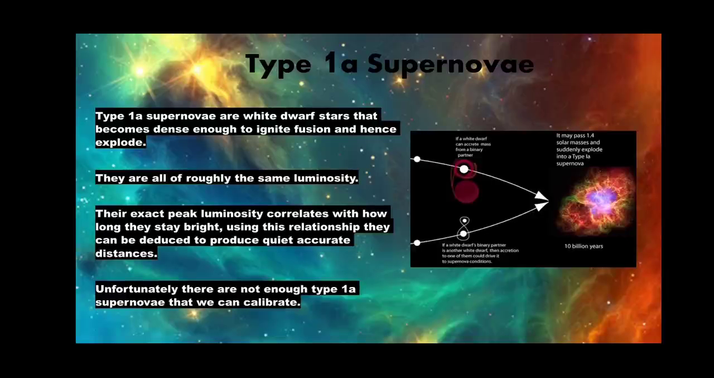It has been seen that all these have the same luminosity. It turns out that their exact peak luminosity correlates with how long they stay bright, and using this relationship, they can be used to produce quite accurate distances. And they are so bright that they can be seen out to enormous distances. Unfortunately, few have occurred close enough that we have some other way to measure the distances. So while we know that they all have the same peak luminosity, we have trouble knowing what this peak luminosity